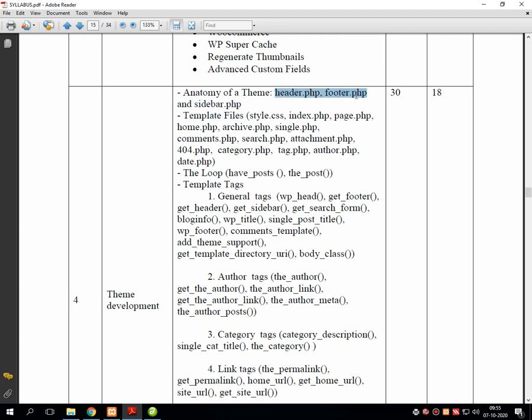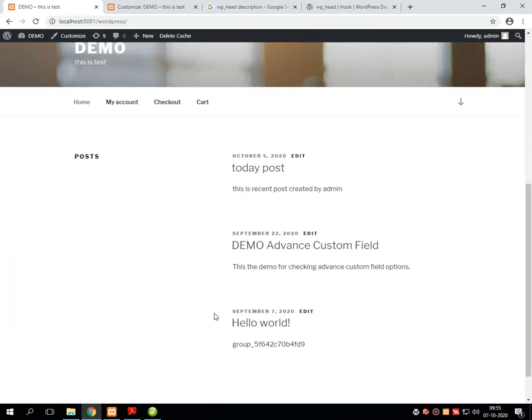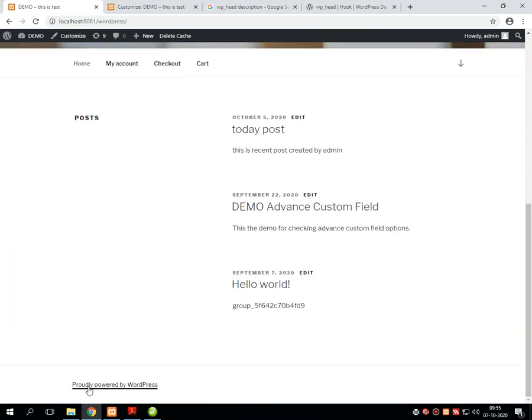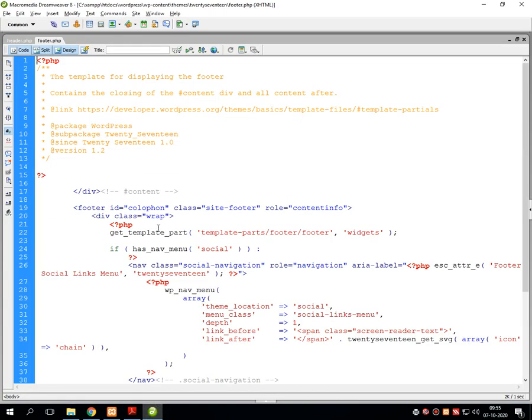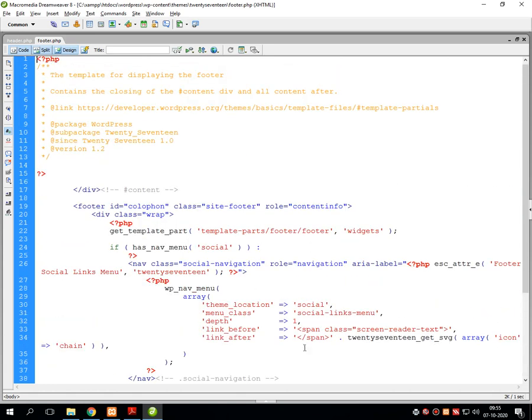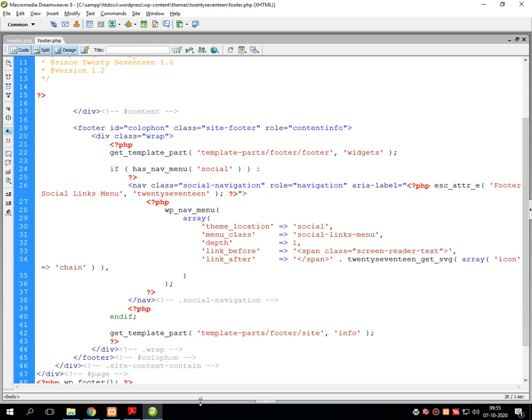Now generally, this header.php maintains the header of the entire website. This is the header of the website. Now whatever is written into the footer, that is "Proudly powered by WordPress", it's a footer. So for that I am just opening footer.php, a very short and simple file, which contains many functions. I am not going into the detail of all these functions yet because it's useless, and it creates lots of confusion for all of us.